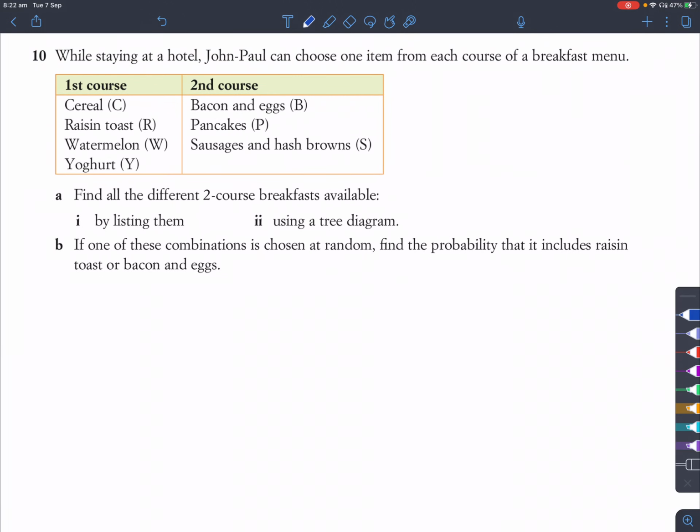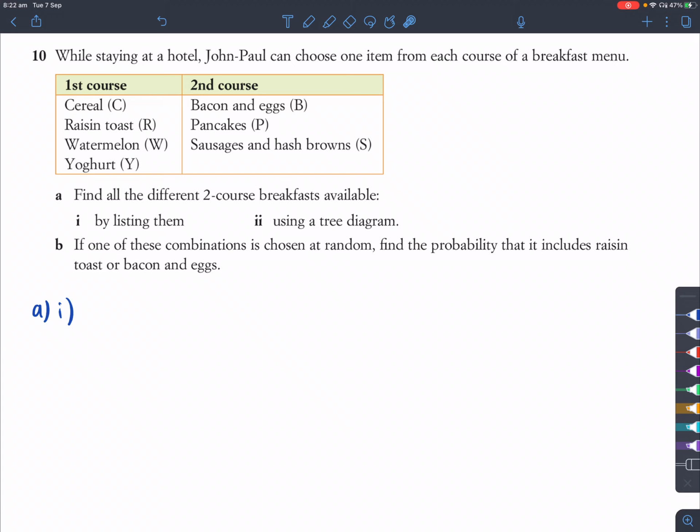In question 10, while staying at a hotel, John Paul can choose one item from each course of a breakfast menu. So we're looking at the first course being cereal, raisin toast, watermelon, and yogurt. And then our second course, bacon, eggs, pancakes, sausages, and hash browns. All right. So now that we have our first course and second course, find all the different 2-course preferences available by listing them. The way you do this